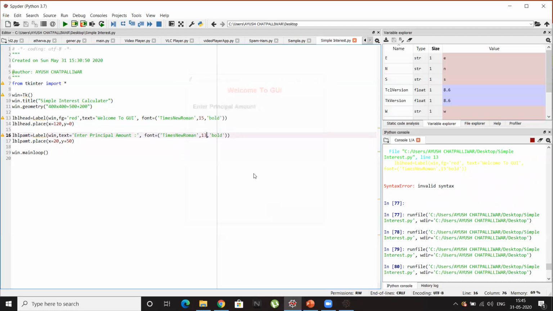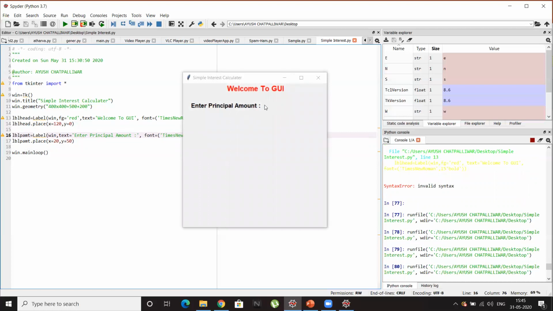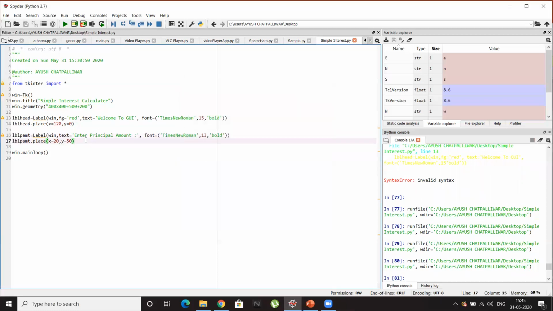Now I want a text box in front of this label so that the user can enter his input in this entry box. So now let's make an entry box for the user. Since for label we were using LBL as the prefix, for entry we will be using EN as the prefix.